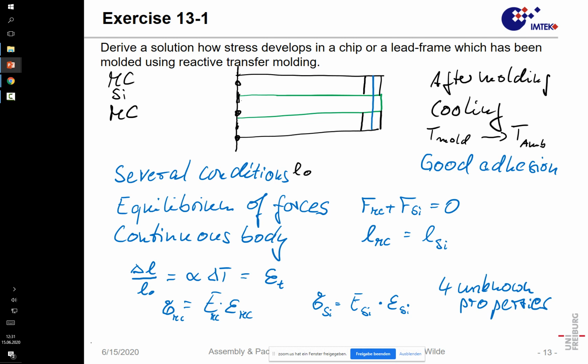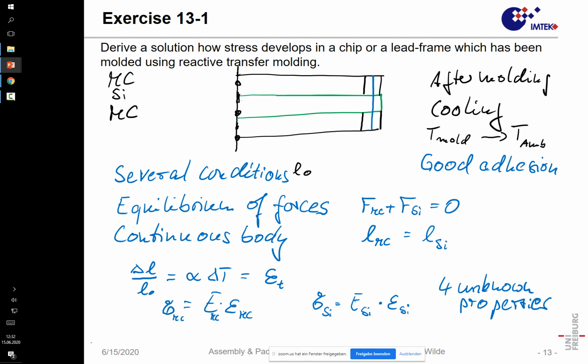And what is still needed is what the initial thermal strain is, and that is epsilon thermal strain is alpha times delta T. And in that way, we have sufficient equations in order to know what happened here. And so, first of all,